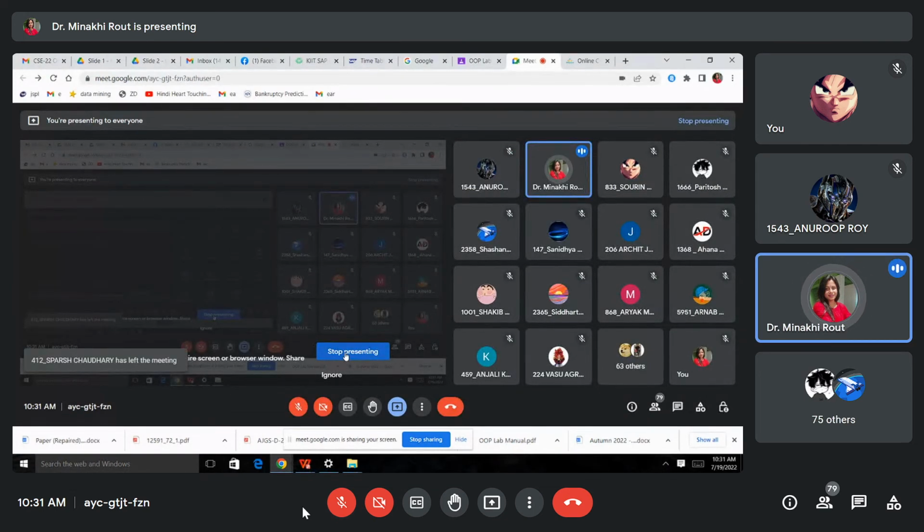All 3 concepts I have explained. How to do structure in C++, simple structure, then structure variable, then through pointer, how you will do it. So all 3 I have done. So now it is your turn to complete today's assignment and show it to your lab teachers. They will evaluate it and by